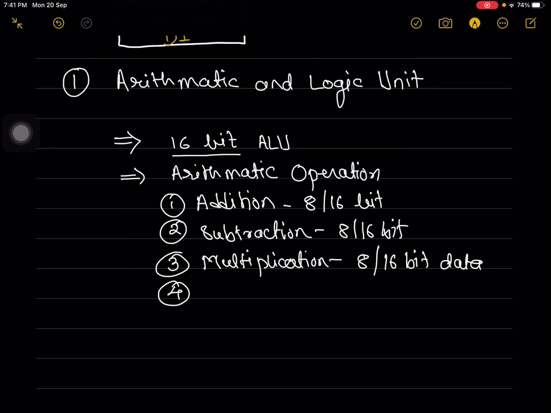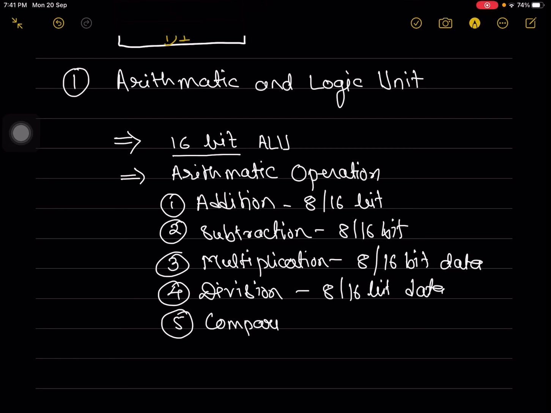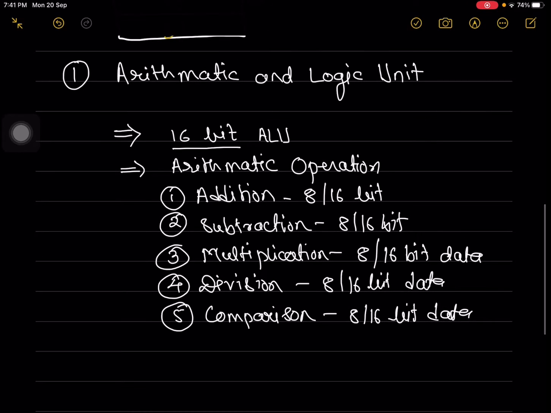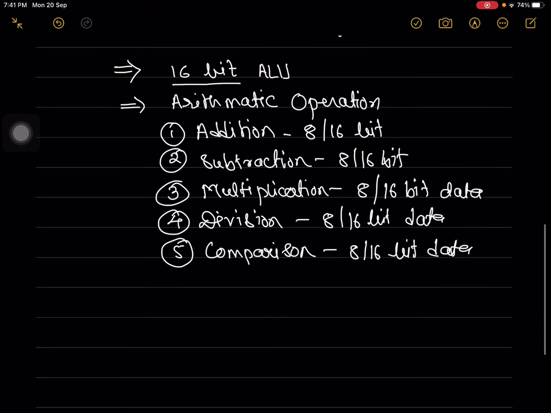Then it can perform division, which is also for 8 or 16-bit data. Apart from this, it can perform the comparison of 8 or 16-bit data, which is also a kind of arithmetic operation. So all these arithmetic operations can be done by the arithmetic and logic unit of the microprocessor,